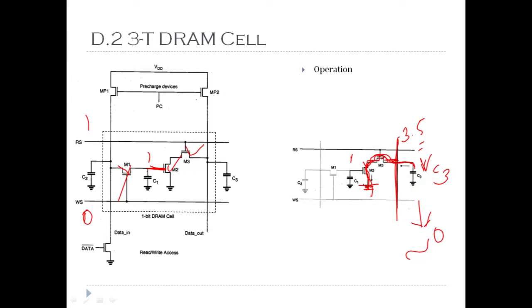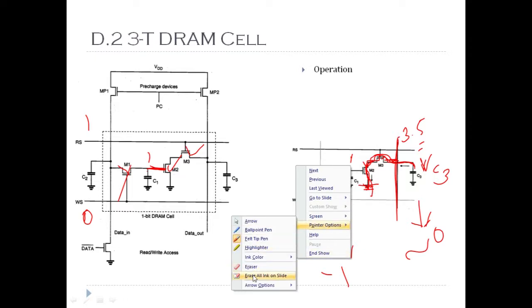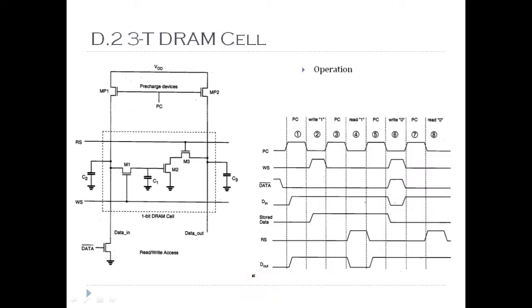Now when it drops, it is interpreted as logic 1. Conventionally when the voltage drops, we consider it logic 0, but here the read circuit is designed in such a way that it is interpreted as logic 1. So you can say that it is read in the complement form. So this is how the read 1 operation is carried out. Then again the pre-charge happens, then the write 0.